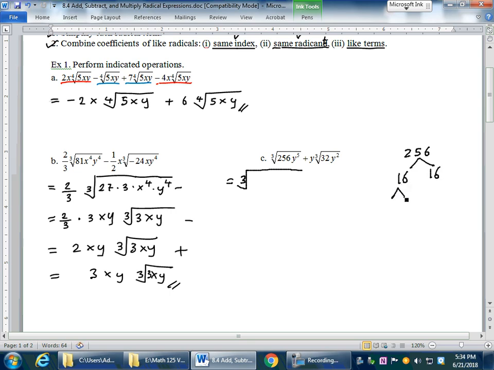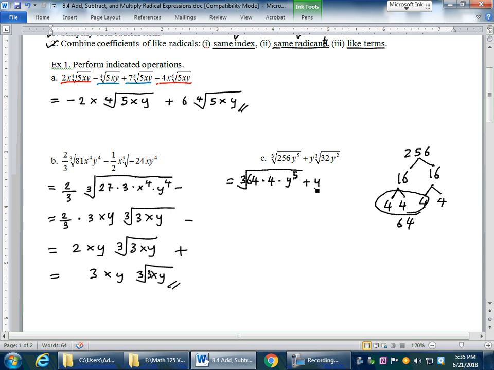So therefore, I can see that 16 is 4 times 4 and then 4 times 4. So I can see that a perfect cube factor for this 256 is 64. So let's double check. Is it that 64 times 4 gives me 256? Yes, it does. So now I can write it down as 64 times 4 times y to the 5th